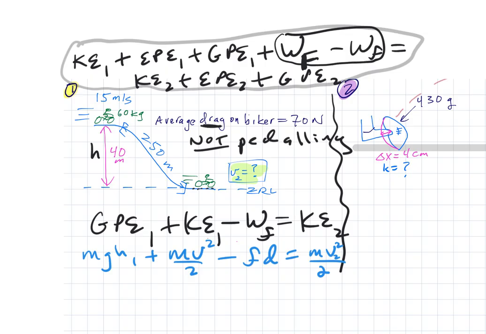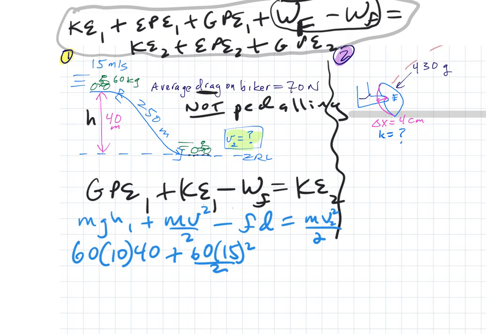Okay, the m's do not cancel out, so I had to put them in. 60 kilograms, 60 times g is 10, acceleration due to gravity, h1 is 40, plus 60 is the mass, times the speed at the beginning, 15 squared, divided by 2, minus the friction. The drag is 70 times the distance, 250,